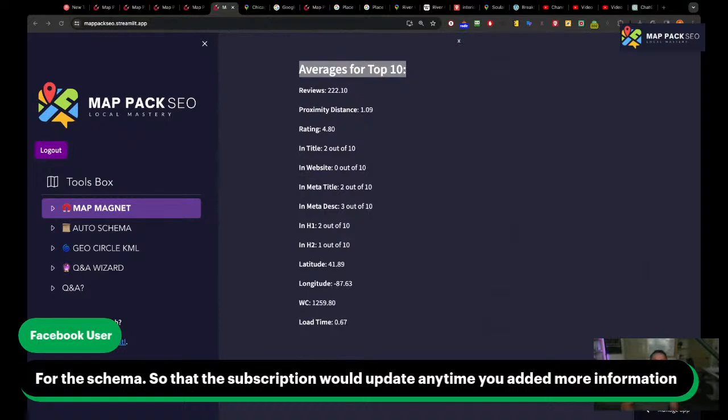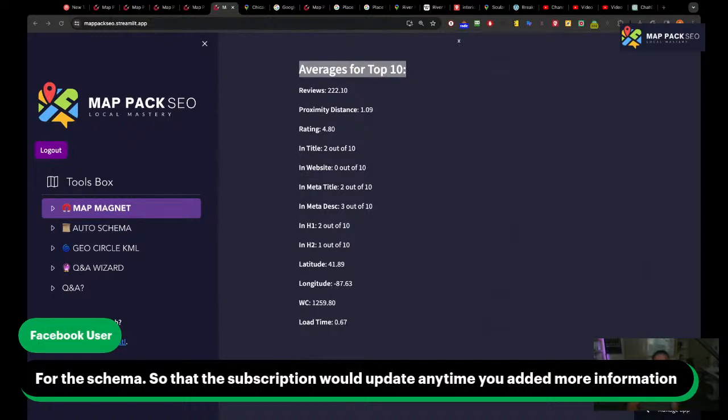Sometimes the auto schema might not work, or we might find a solution where AI could create them in a very quick, easy way, which is not the case right now. Even if you go to ChatGPT trying to create a schema, it's going to take you a good amount of time to create the right schema. And you have to input all the information about the business, because it does not crawl the website or the GMB itself. It does crawl Bing right now, but it's still not enough to get all the information of the business and what you need on it.